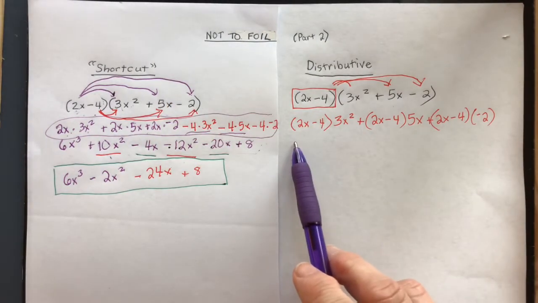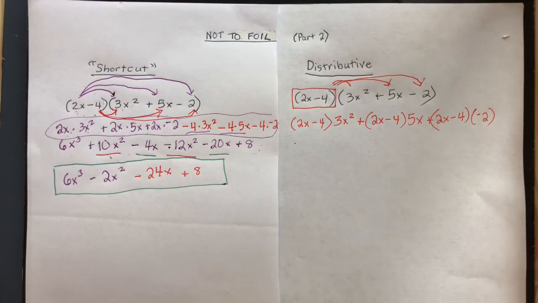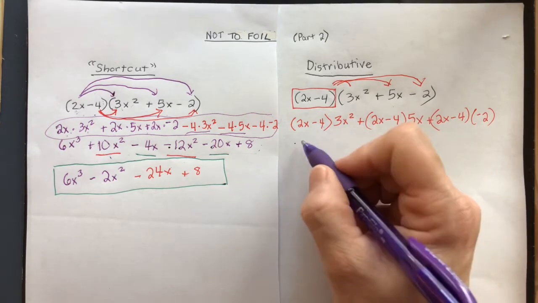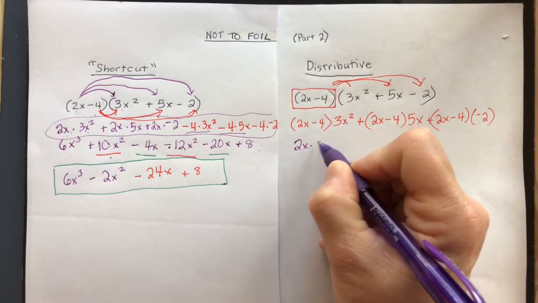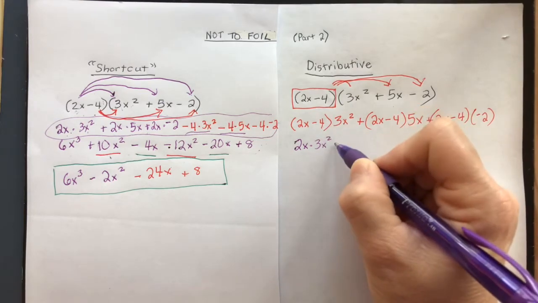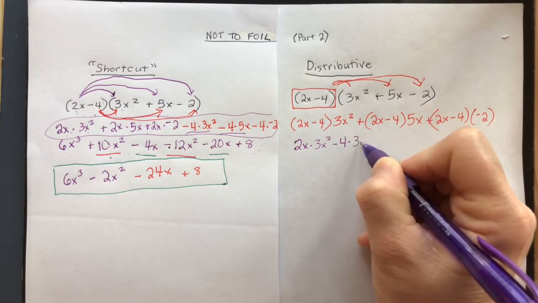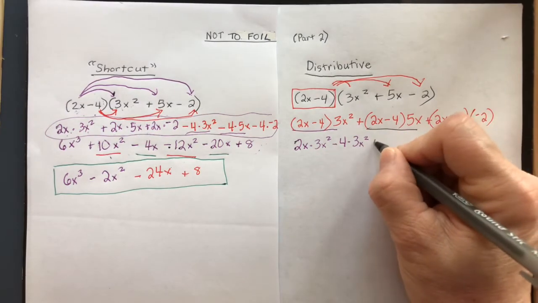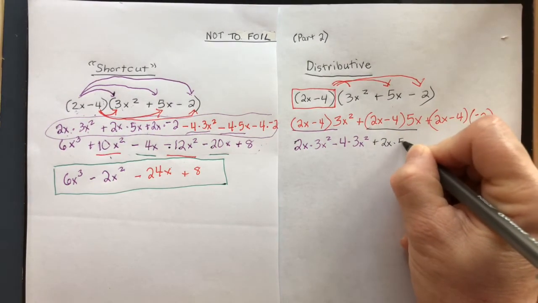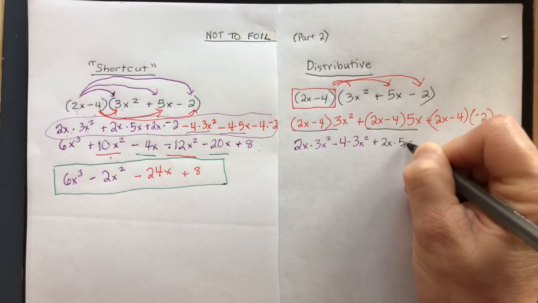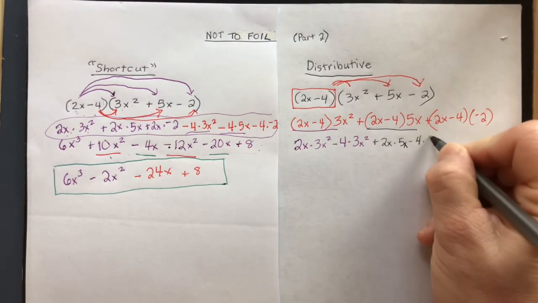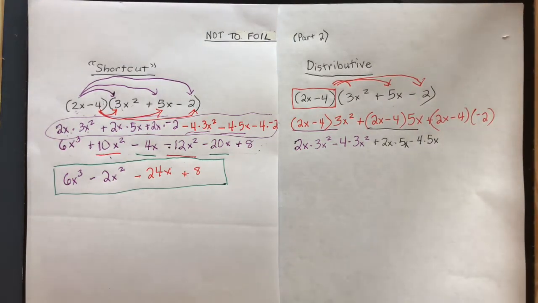Now, I'm going to show you a step that you may either do or not do. All right, so I'm going to multiply everything in here by this. 2x times 3x squared minus 4 times 3x squared. Okay, I did that part. Now I'm going to do this part. Plus 2x times 5x. See how easy it is to leave something out? Minus 4 times 5x. Now my last part,